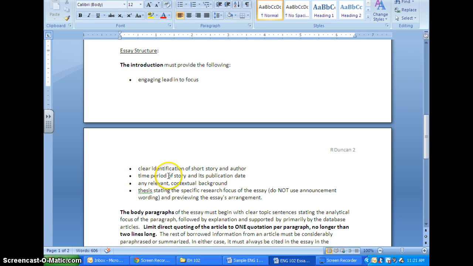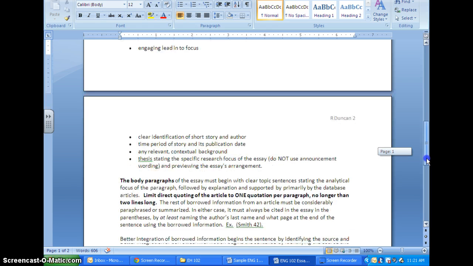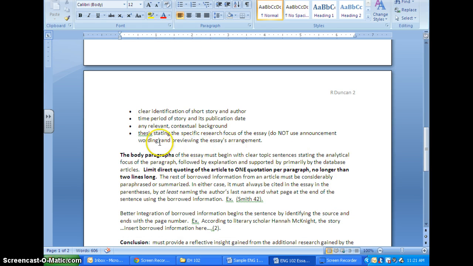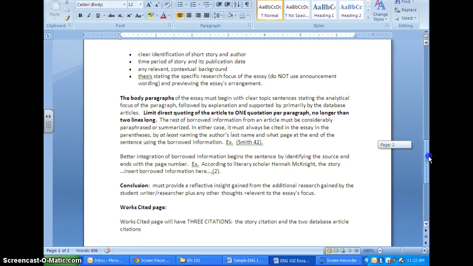Background, time period of the story, the publication date, and then anything relevant, background context that we need to know before we understand the focus of your paper. Okay? Now remember, we all read the story, but you just need to make sure we're on the same page with you. And then it needs to end with a thesis that states the specific research focus of the essay and previews the arrangement, basically the main points. And if it is focused on the articles, then as an exploratory research paper, you can include those titles there,